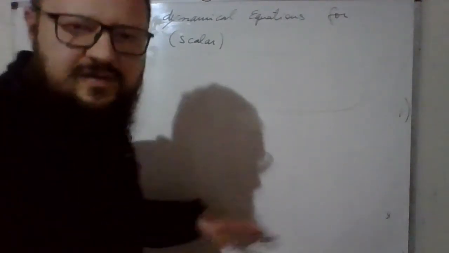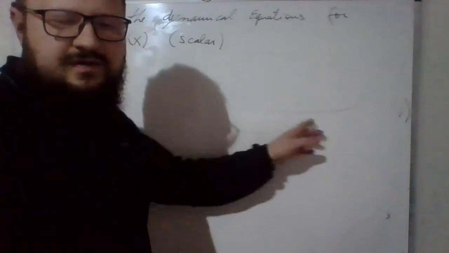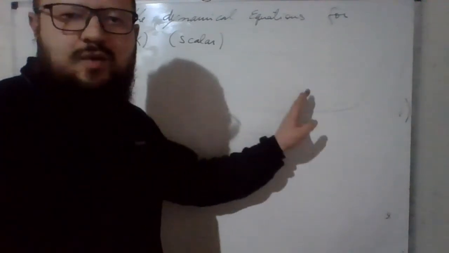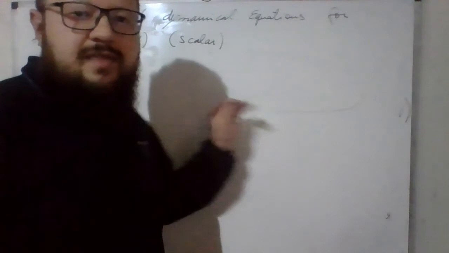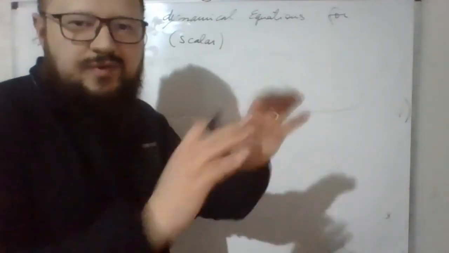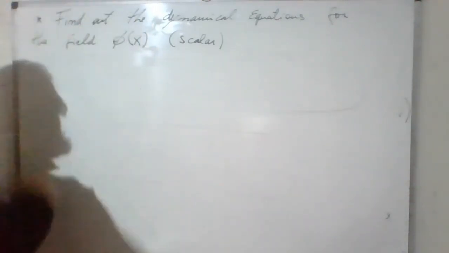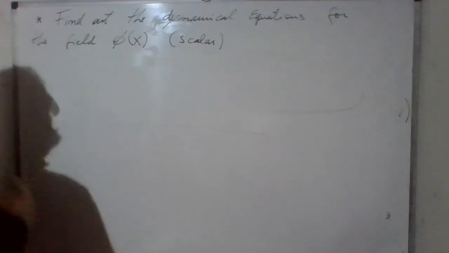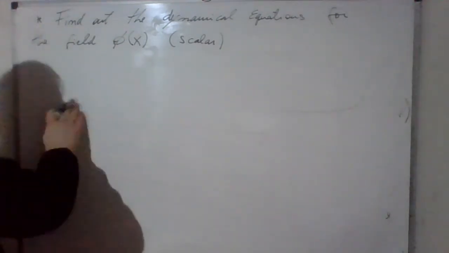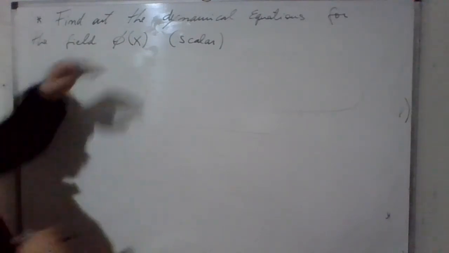If you have a vector field or a spinor field or something else, for each component of the field, the Euler-Lagrange equation must hold. And therefore it is called Euler-Lagrange equations, because if you have multi-component fields or many fields, it could produce a set of coupled equations. Okay, so for a scalar field, you need to calculate the Euler-Lagrange equations. So find out the dynamical equations for the field phi